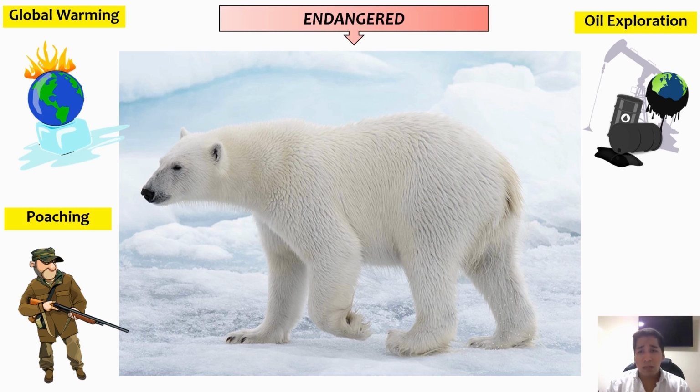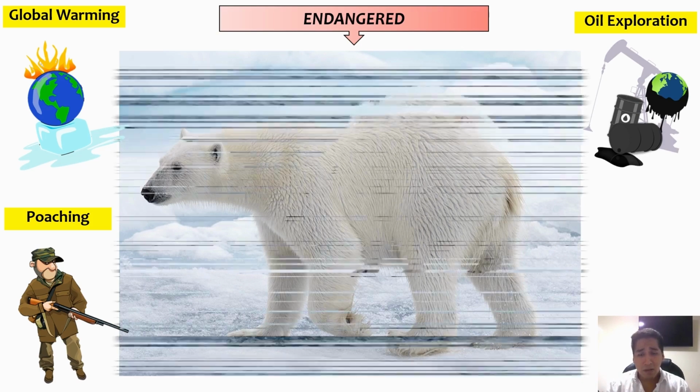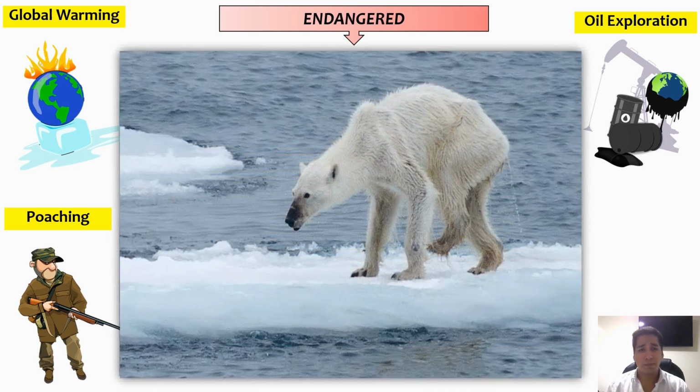So all of these problems are going to cause this animal to look like this. That is not adorable anymore, right? So that's the reason why we are going, guys, to focus on results in this grammar part. We are going to take a look at some consequences, some, let's say, positive results, negative results that we may have from different situations. Okay, let's go to the next slide.